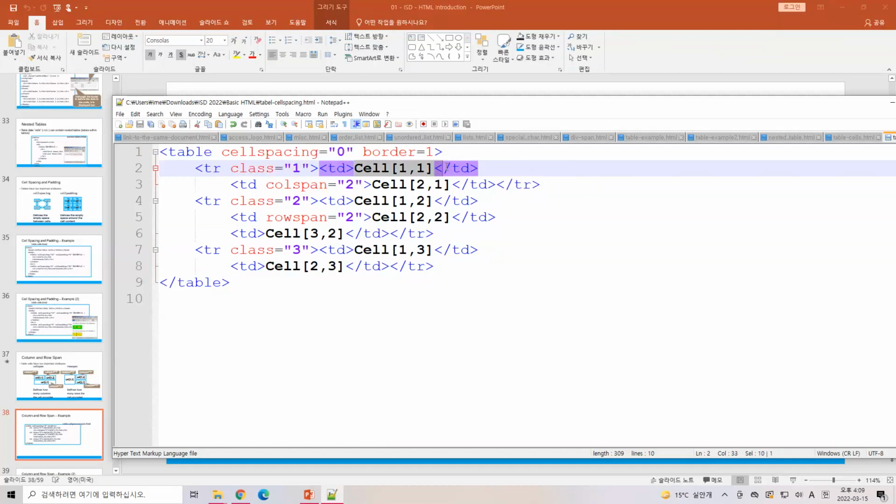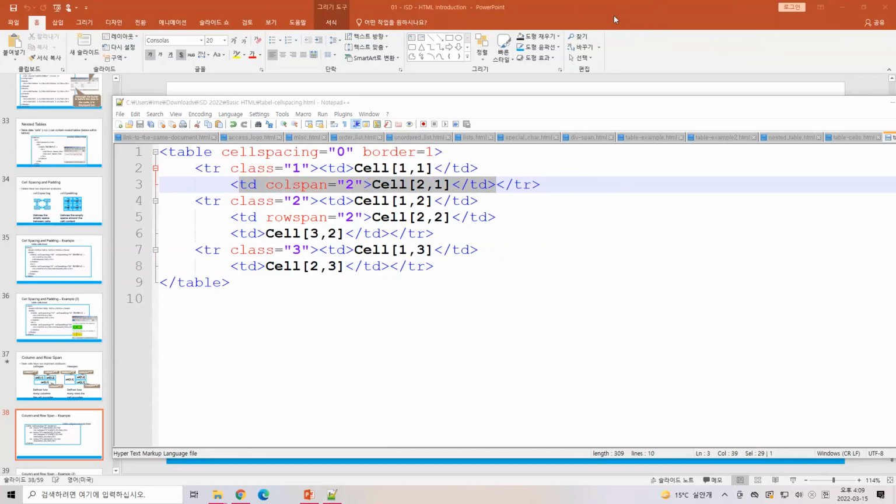And then the cell 1, it means this is the first data, and then we have the second data, which is cell 2,1. What does it mean? When we create a table, we need to start from the table, and then we need to go to the row. After we have the row, we need to define how many cells we want to create. So in one row,